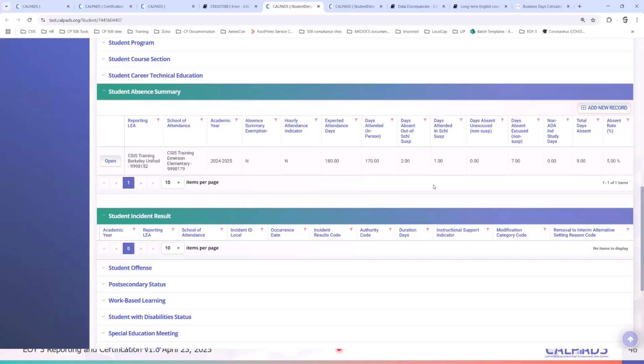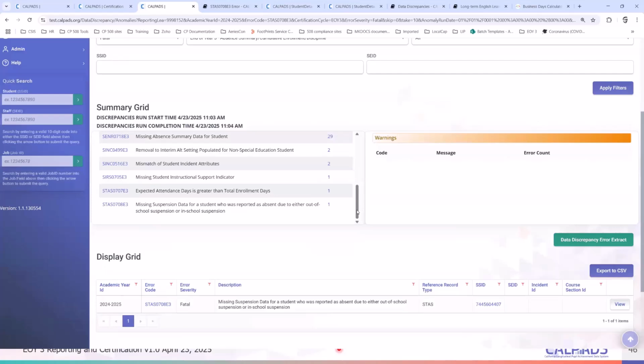So again, of course, you still have to report the incident last year. Okay. So bottom line is if there was an incident last year from April 15 up to the last day of school, there should still be an incident result to account for that incident. So you can't justify an out of school suspension if there are no incidents the student is associated to. So that's basically what this error is.